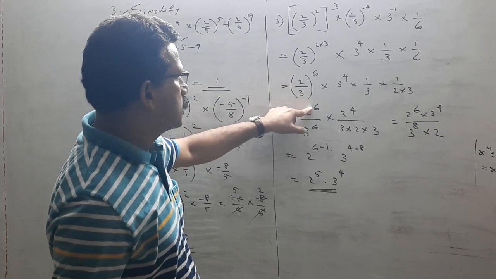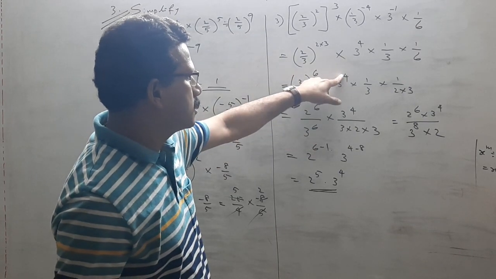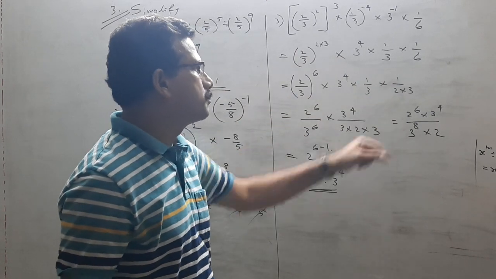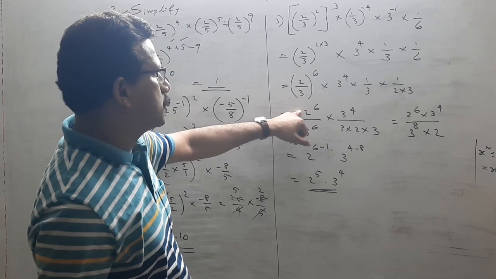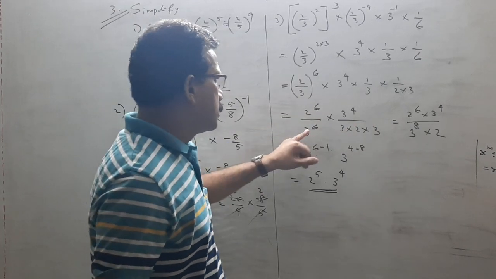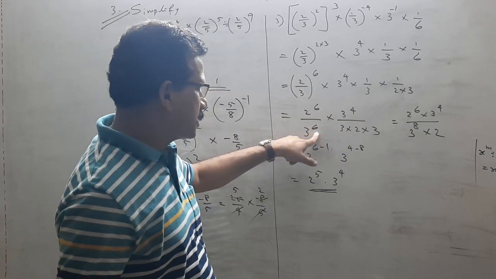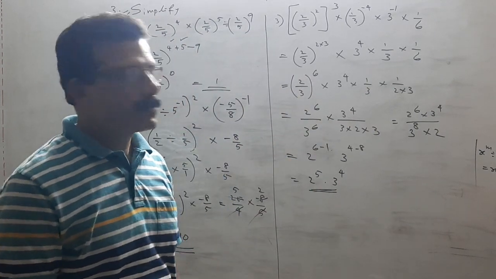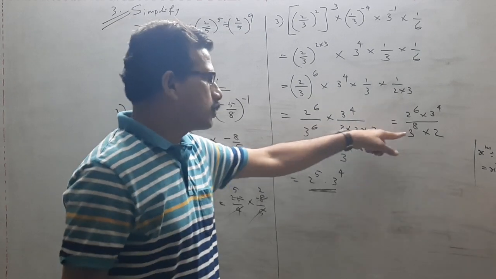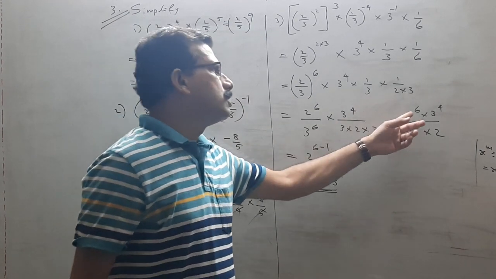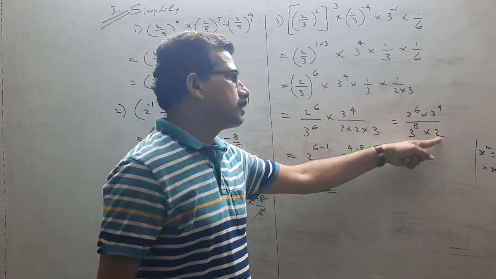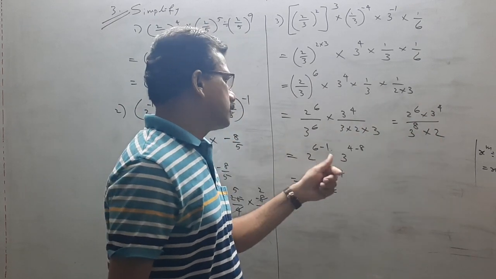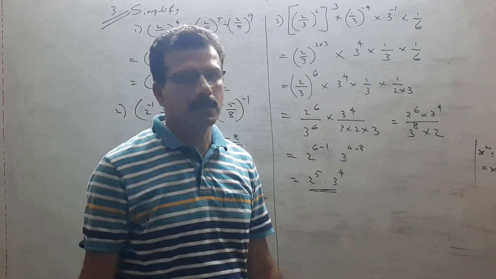2 by 3, 2 to the power 6, 3 to the power 6, 3 to the power 4. Below, 3 square is there, 3 into 3 and 2. So if you are combining 2 to the power 6, 3 to the power 4, 3 to the power 6, power 6 plus 1 that is 8, 3 to the power 8. 3 here 6 times, 2 more. Now we can do 2 to the power 6 and here 1, 2. 2 to the power 6 minus 1. 3 to the power 4, 3 to the power 8, that is 3 to the power 4 minus 8.